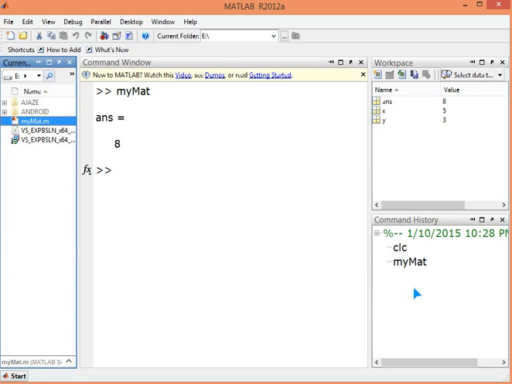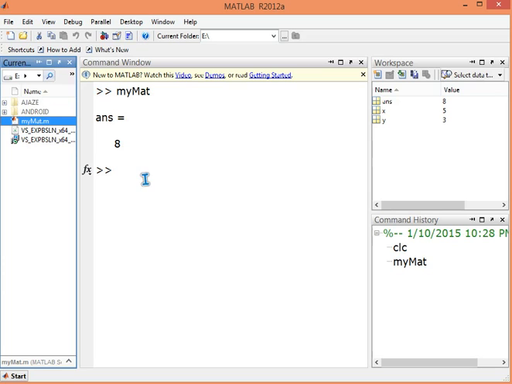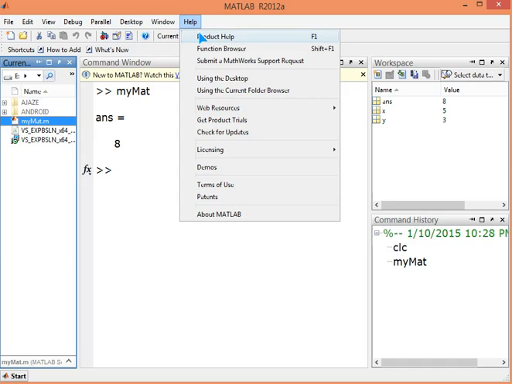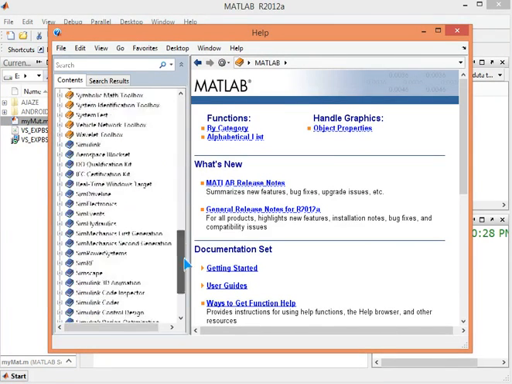Okay, now this is done. Let's come to the help aspect. We have help here, a comprehensive, very nicely documented help. There are so many topics where a user can navigate and get information if he is new or if he is not finding the desired thing.